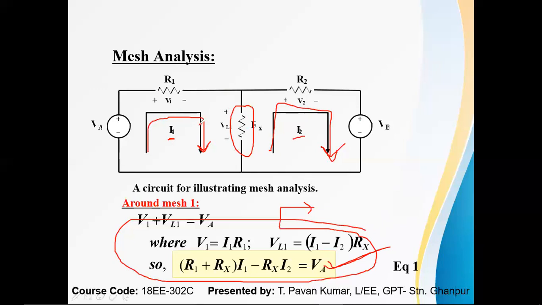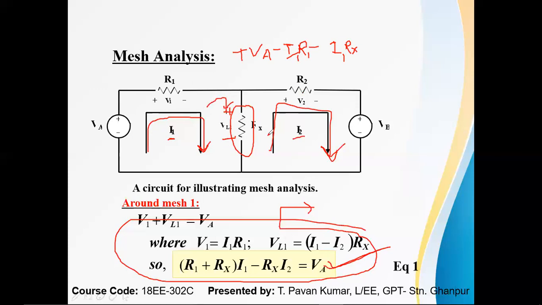So now, based on that analysis, I am writing the loop equation for this. This is plus and minus, plus and minus. For this I will get plus and minus. So now I am writing the loop equation. This is a leaving sign, so plus VA, and minus, this current is I1 and R1. Next the leaving sign is minus I1. What is the value of this? Rx, I1 Rx.